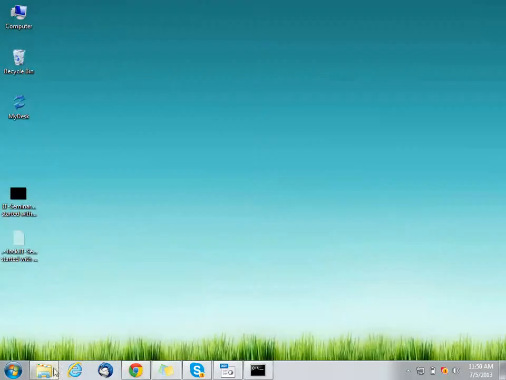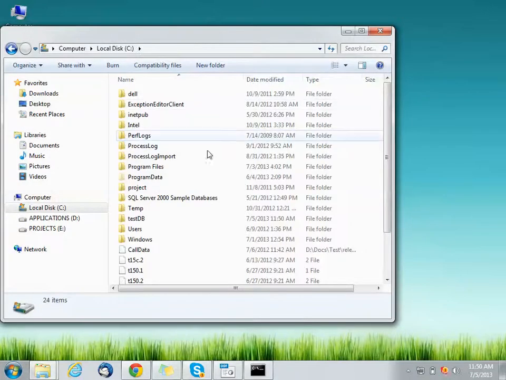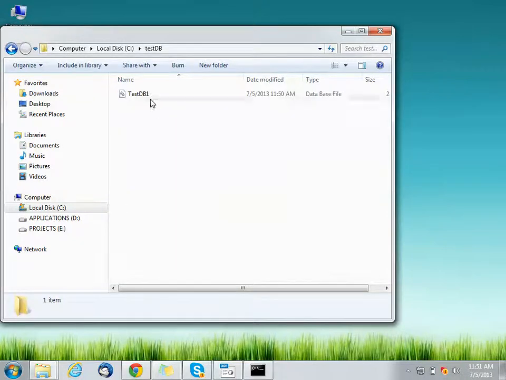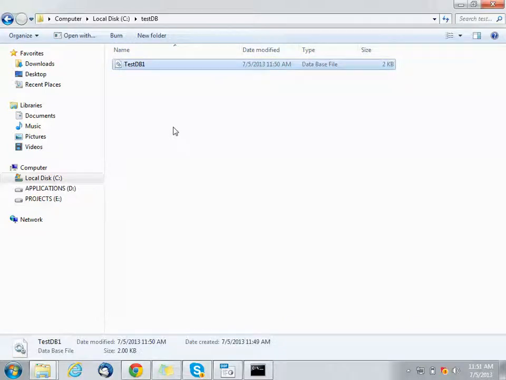Yeah, let's go to the folder which we created, test db. Is the data encrypted? No, you just need the SQL Studio, I mean, any interface.